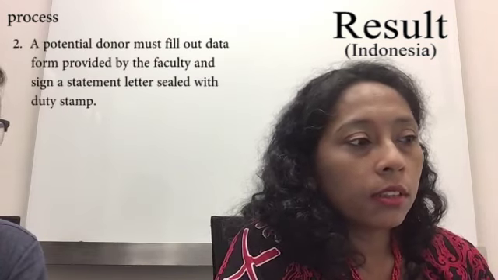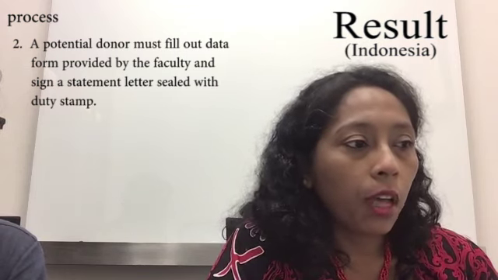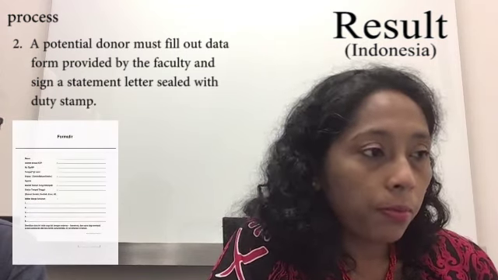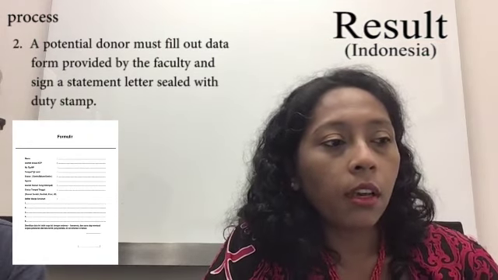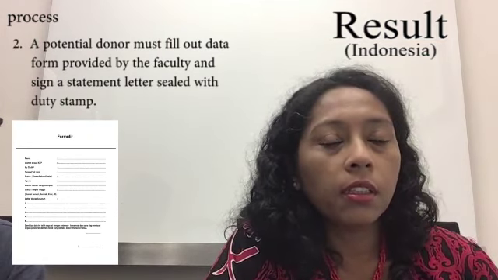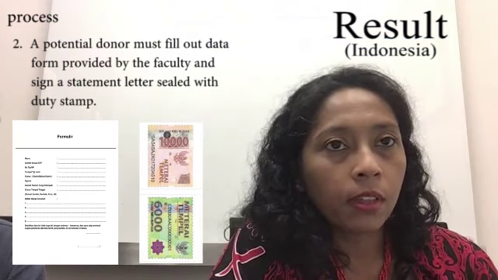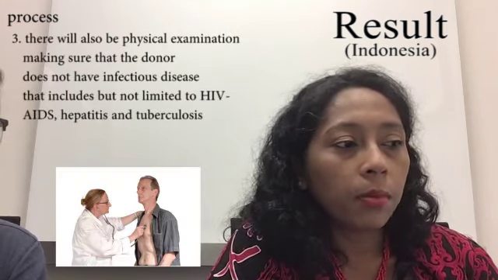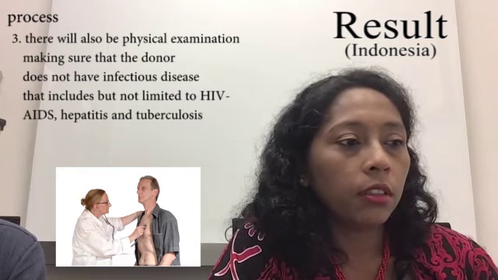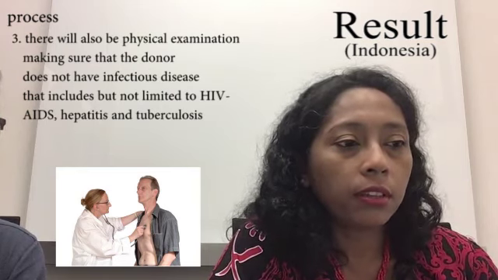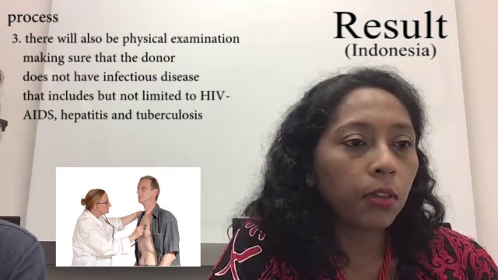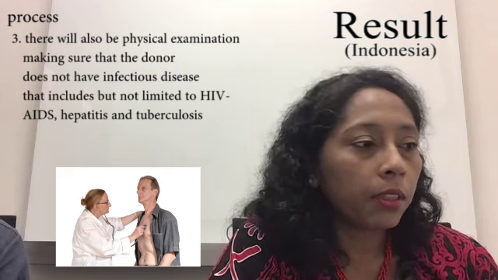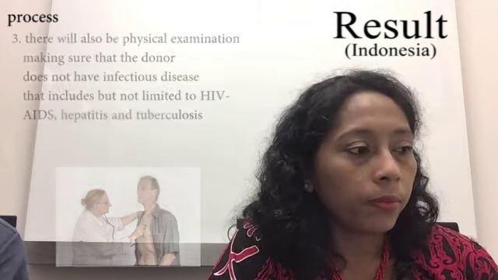The second one is the potential donor must fill out a data form provided by the faculty and sign a statement letter sealed with a duty stamp. And the third one is there will also be a physical examination making sure that the donor does not have any infectious disease, including but not limited to HIV/AIDS, hepatitis, and TB. The fourth one is